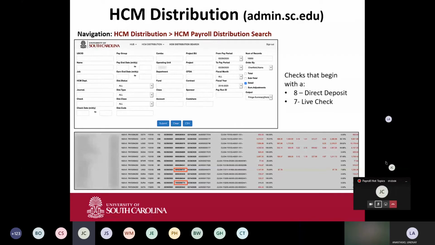But just some quick ways you can go into HCM distribution. If you have an employee asking questions, you can make sure that they are receiving the correct pay, that their fringe amounts look accurate. It's also good for you to make sure that employees are being paid from the correct funding source, so check that accounting string that's listed on that screen. And also for retro funding changes, which I'm going to talk about next, to make sure that they have been processed and are correct. You're going to be able to identify those retro funding changes pretty easily in this distribution tool, because they're going to be identified in pink.